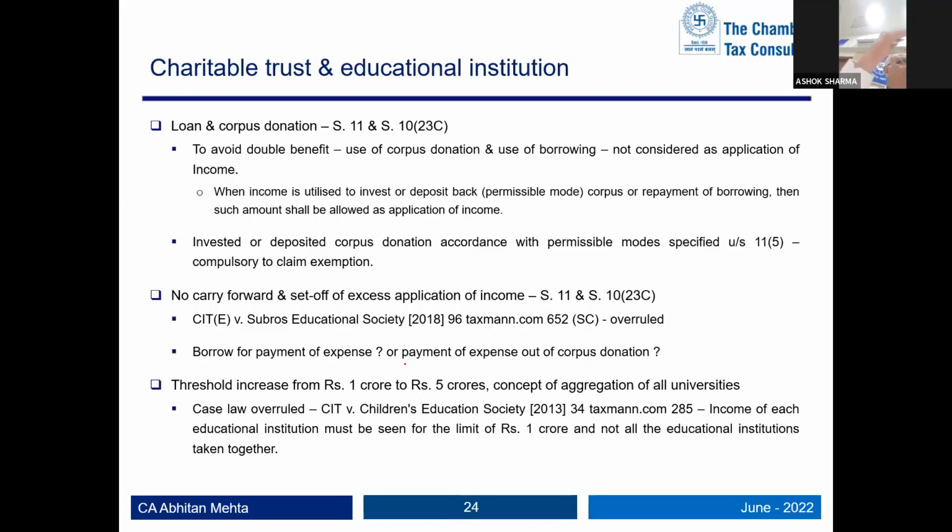So excess application. If you look at how I spend the money, if I have only a 10 lakh trust, it could either be from my 15% savings which I have, or from my corpus, or from loans. Earlier, loans and corpus were not blocked. So therefore you were using that corpus and taking advantage of carry forward, which they want to stop now.